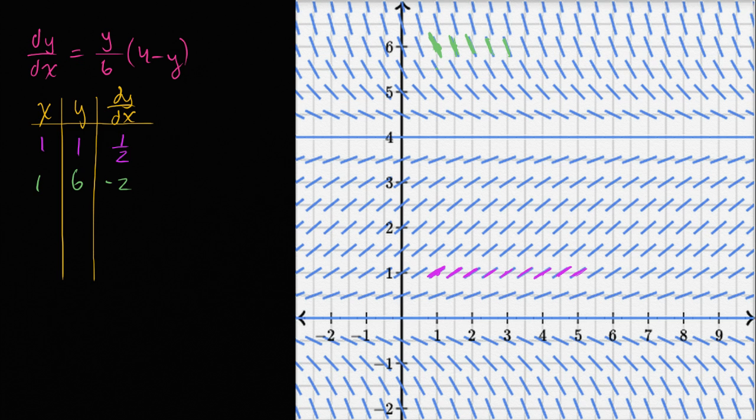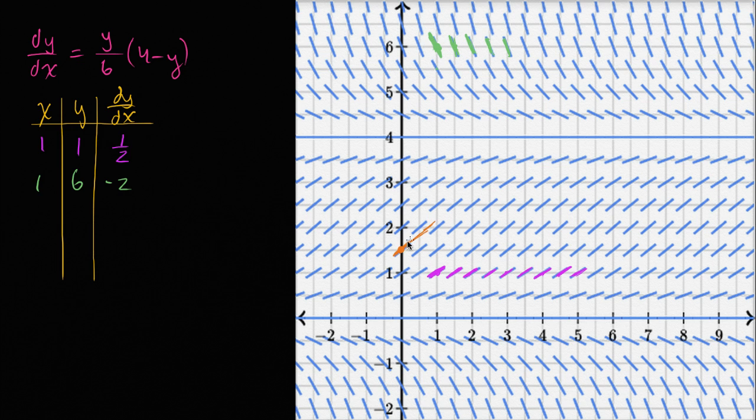So let's say that we have a solution that goes through this point right over here. So what is that solution likely to look like? And once again, this is going to be a rough approximation. Well, right at that point, it's going to have a slope, just as the slope field shows. And as our y increases, it looks like our slope,